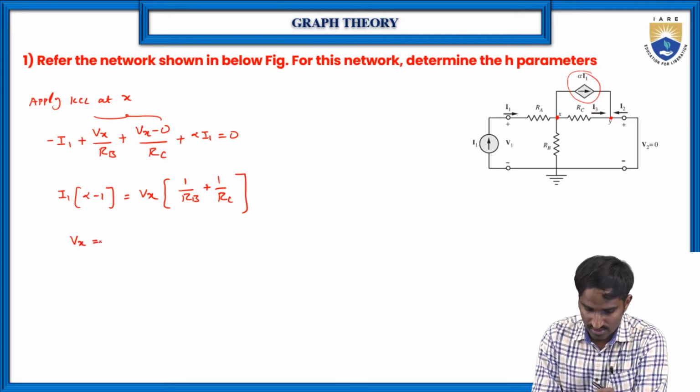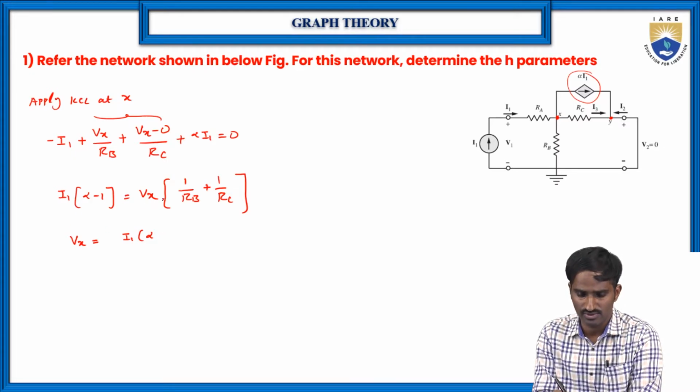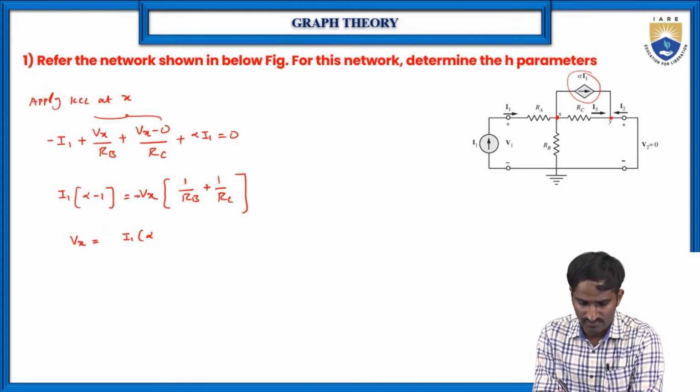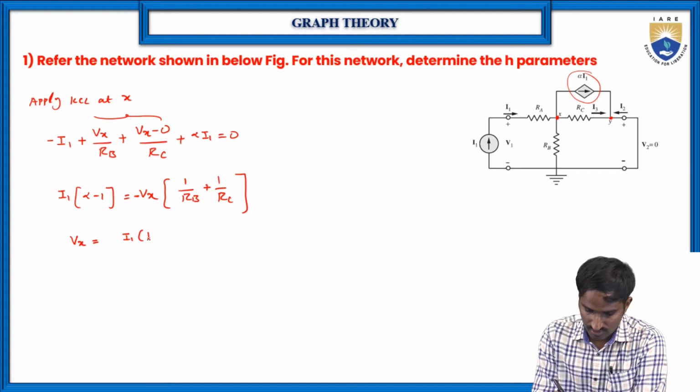Vx is equal to, so I1 into alpha minus 1, or if you take 1 minus alpha, then minus Vx is there, so minus minus gets cancelled. Finally, Vx is equal to 1 minus alpha into I1, and if you take the LCM, RB RC by